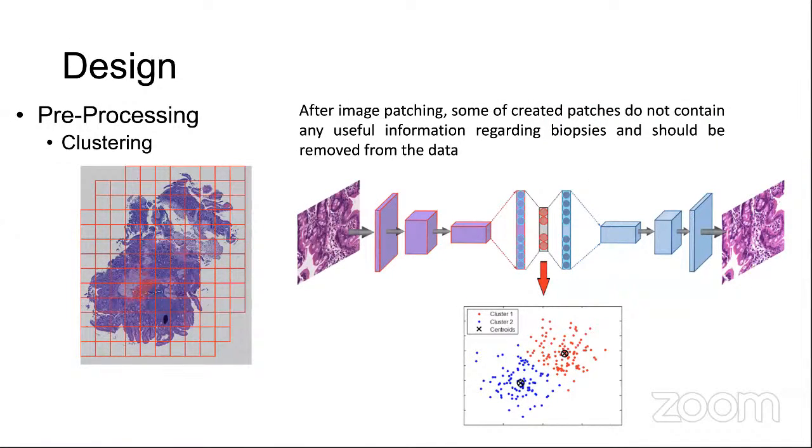Okay, so the pre-processing: first we grid the image, and after doing that, we create these patches, and some of those patches are absolutely worthless because they're taking pictures of nothing or almost nothing. And so we run that through a process, in this case what's called an autoencoder, in order to do a clustering and find the areas in the patches that are actually worth using for our modeling approach. And this is a key part of this design piece.